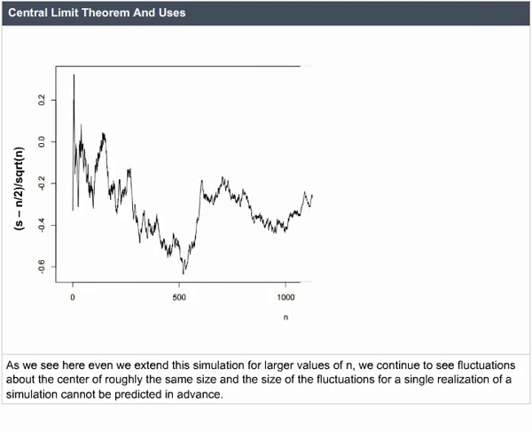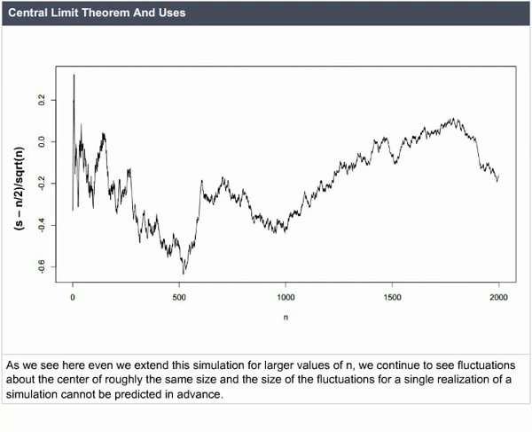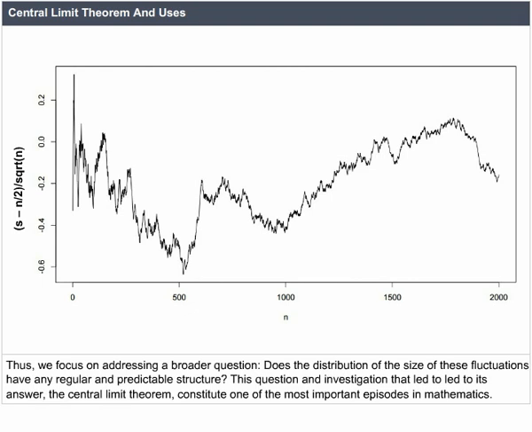As we see here, even if we extend this simulation to larger values of n, we continue to see fluctuations about the center of roughly the same size, and the size of the fluctuations for a single realization of a simulation cannot be predicted in advance. Thus, we focus on addressing a broader question: does the distribution of the size of these fluctuations have any regular and predictable structure? This question, and the investigation that led to its answer, the central limit theorem, constitute one of the most important episodes